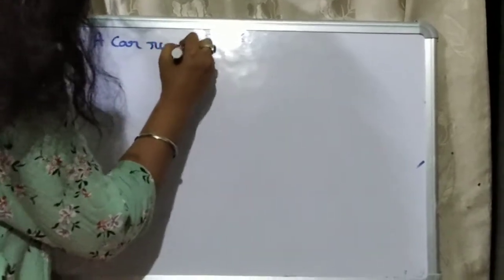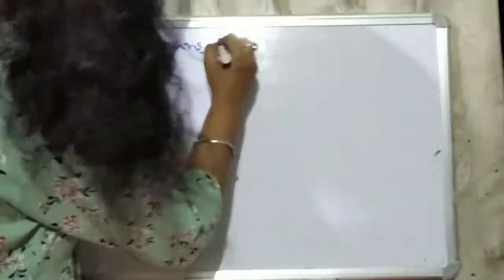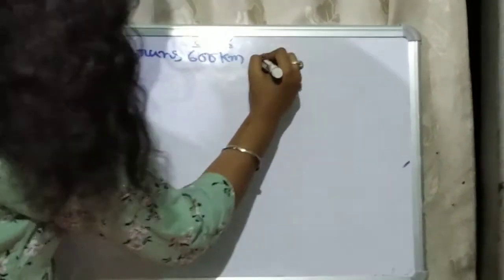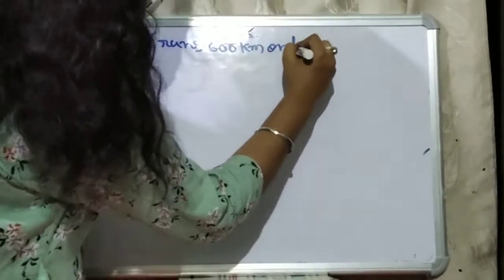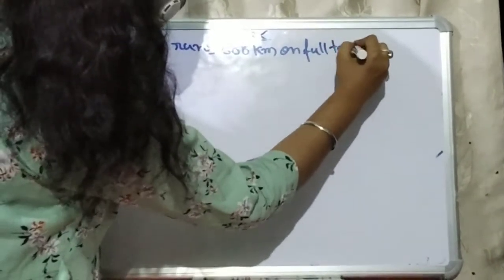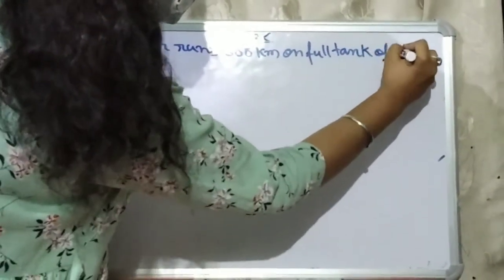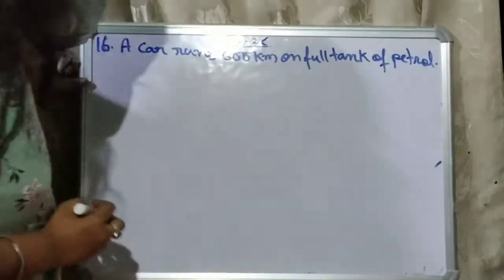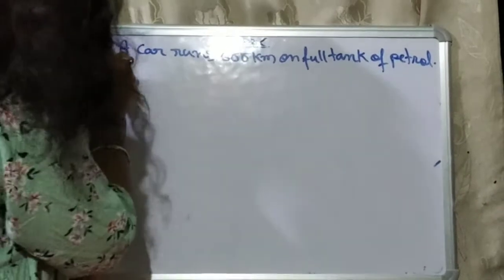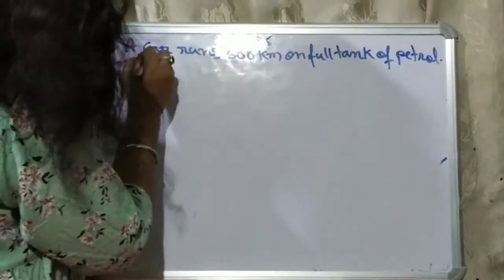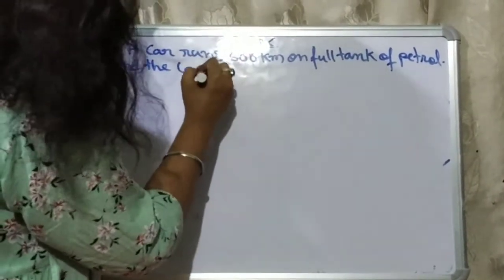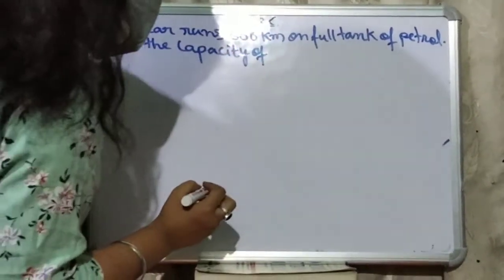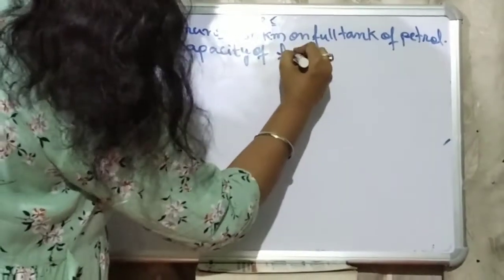Runs 600 kilometer on full tank of petrol. Given. Find the capacity of fuel tank